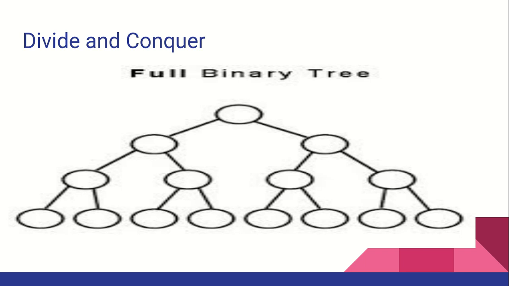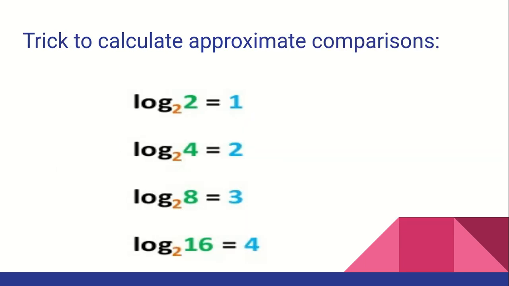So how to calculate the number of comparisons? Now let's see some logarithmic basics. Log 2 to the base 2 is 1. Whenever we calculate the time complexity or the number of comparisons using binary search, the base is always going to be 2, because in each and every iteration or pass the list gets divided into 2 parts. So here the base is always going to be 2.